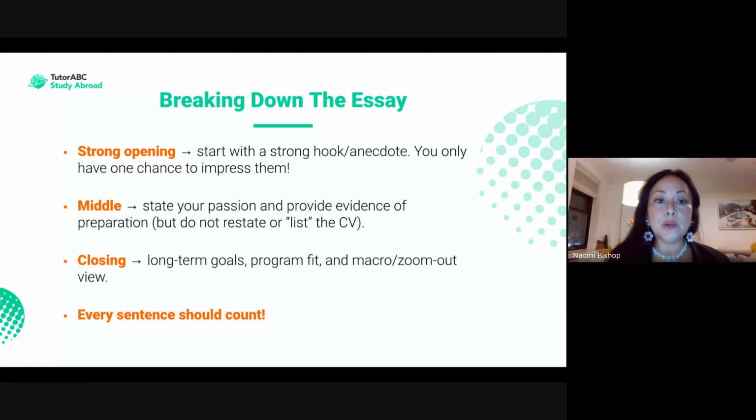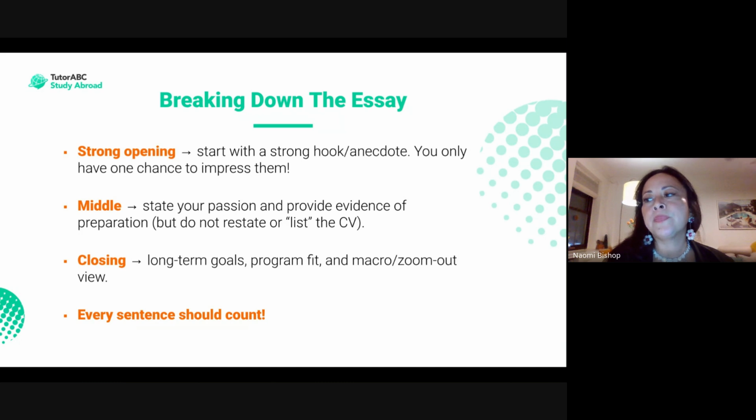And then the middle part is state your passion and provide evidence of preparation. Again, you don't restate or list the CV, but you describe why you're ready and what you've done. And then the closing is long-term goals, program fit, and a macro zoom-out view. I'll show you what that means a little bit later, but an example of that would be if